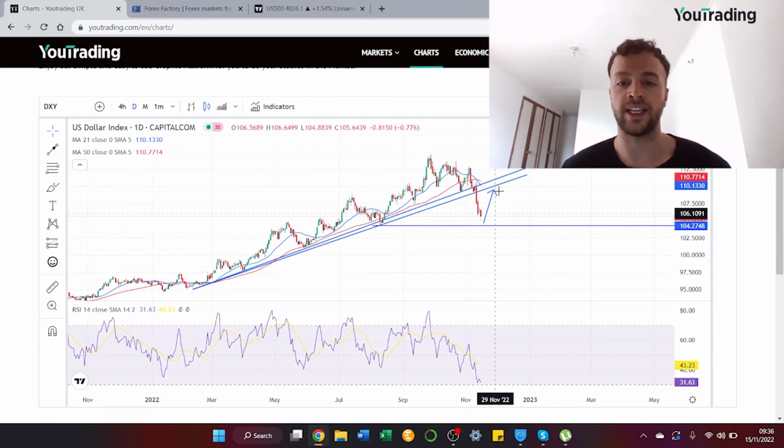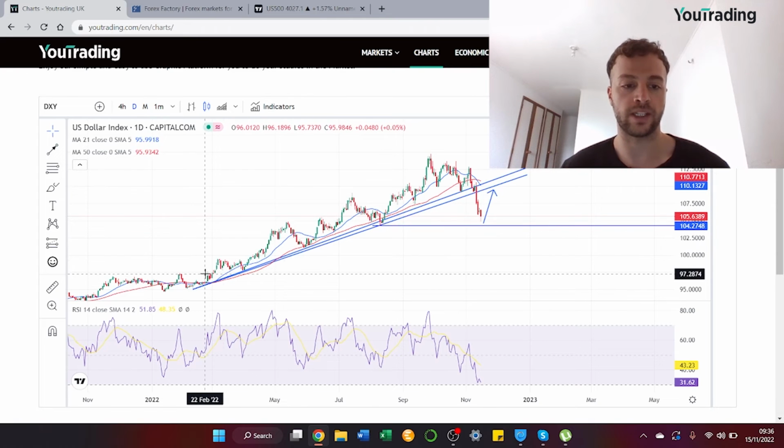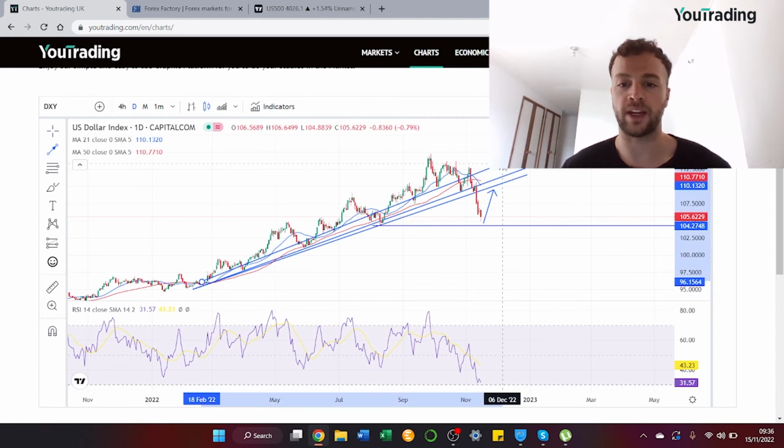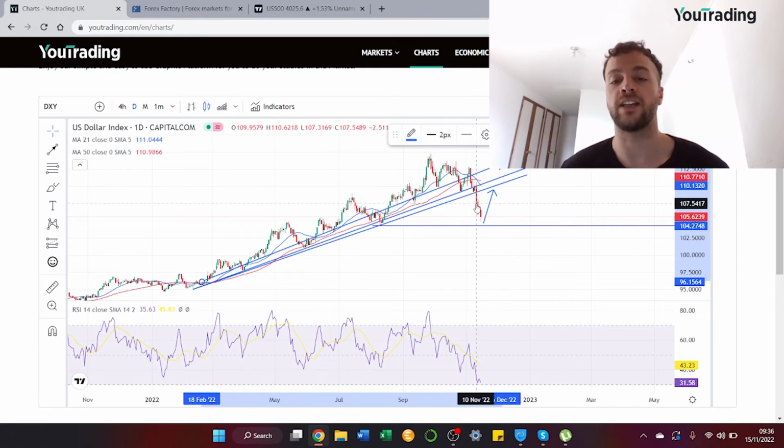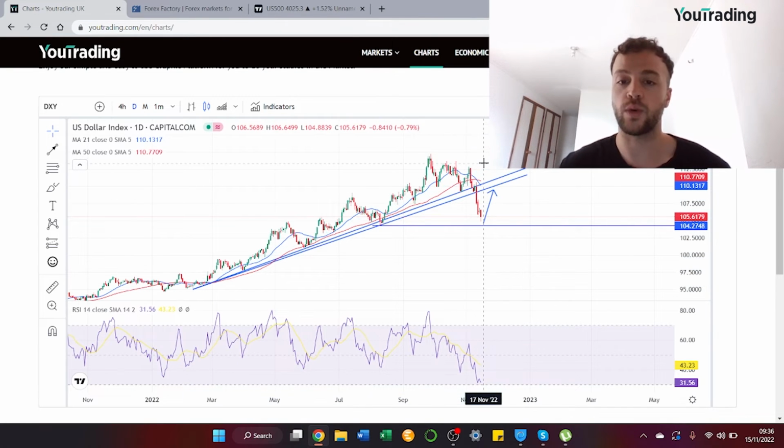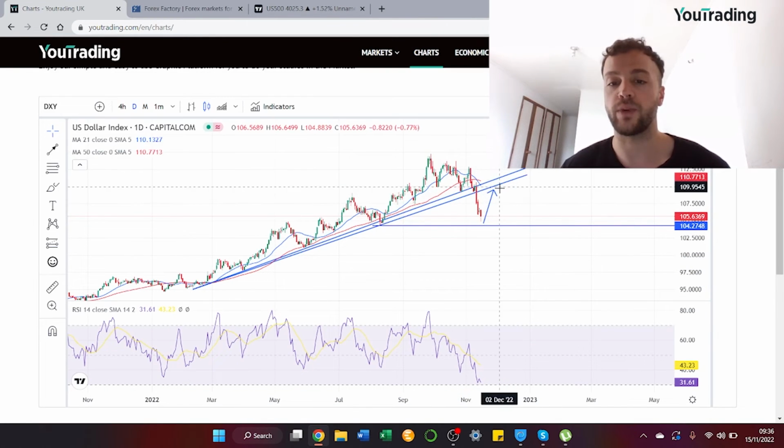Well, I like the idea of pretty much, we were in this uptrend for a very, very long time, and I think this recent break is a decisive break of that uptrend. So if we retest it again, if we get back to this 110 area, I think that could be a nice area to start adding to shorts. You've also got the 21-day moving average and the 50-day moving average around this area.